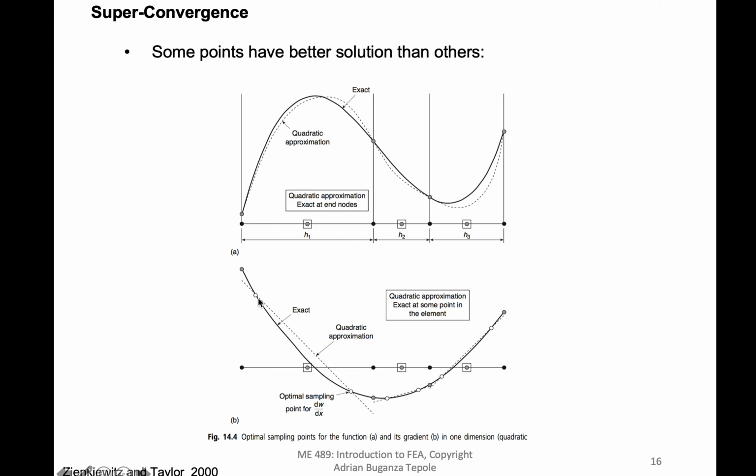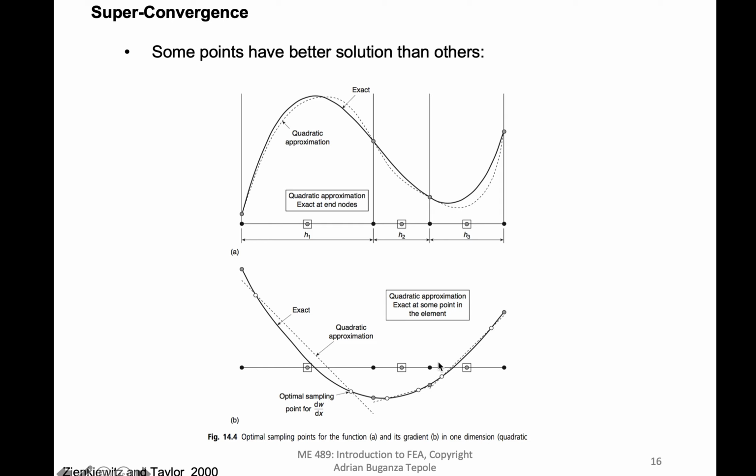And now you can see where the best location to evaluate the gradients is. Well, it's not at the boundary of the element, but actually at the integration points. So you can see that somewhere a little bit inside of the element, in this location, you have the exact solution matching the finite element solution. Then at this point, again, you also have the optimal sampling point, because here the finite element approximation matches the exact solution,